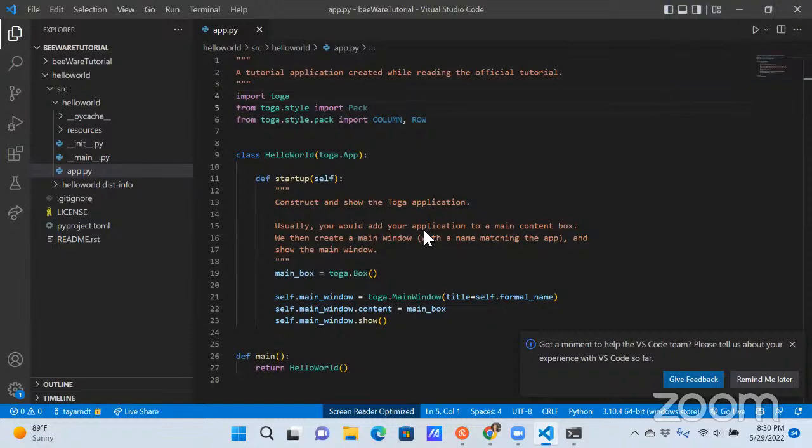Import toga. From toga.style import pack. So the pack, the CSS variant, that's what Michael described the pack as. From toga.style.pack import column, row. Enter. Class HelloWorld(toga.App): We've got a class of toga.App. Enter. 4 space. Def startup(self):